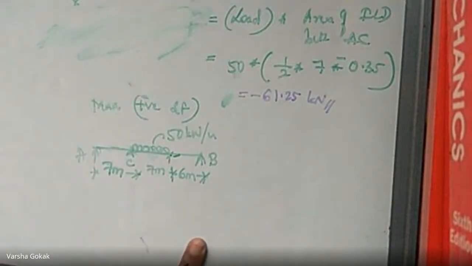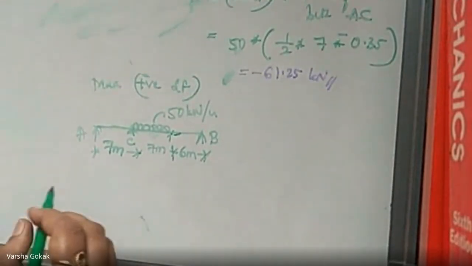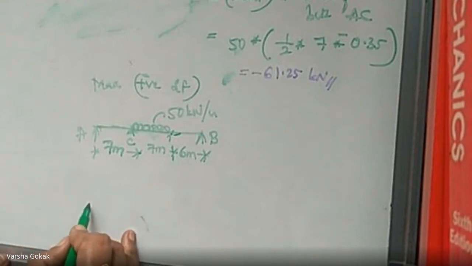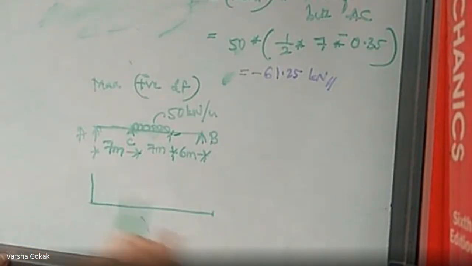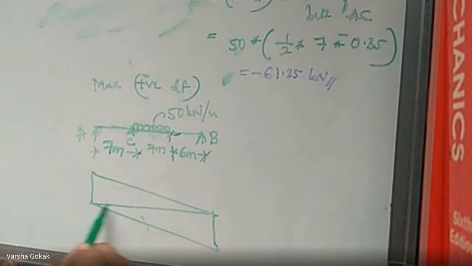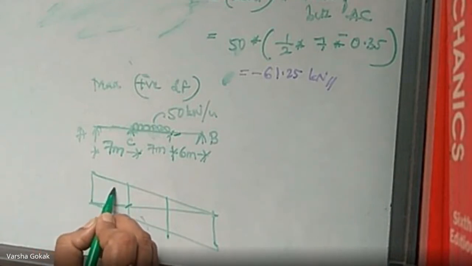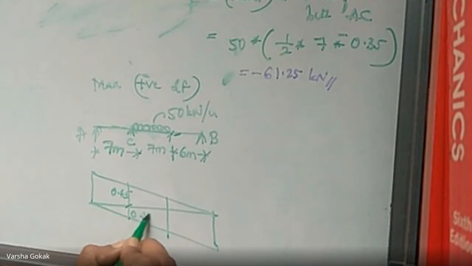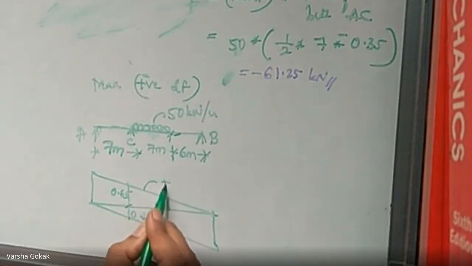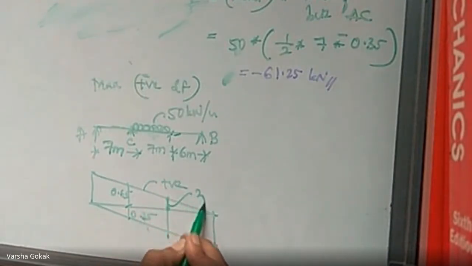Once the placement is done, if I observe the influence line diagram now, your influence line diagram is like this. Correct? The previous one I drew, the same thing I'm doing. Don't worry. So at 7 meters, and from here another 7 meters, I need this area now. At 7 meters, I know this is 0.65 and this was 0.35. We are aware of the values. I have to find this value now because I need to calculate the positive shear force. I don't want negative, so I will not go there.